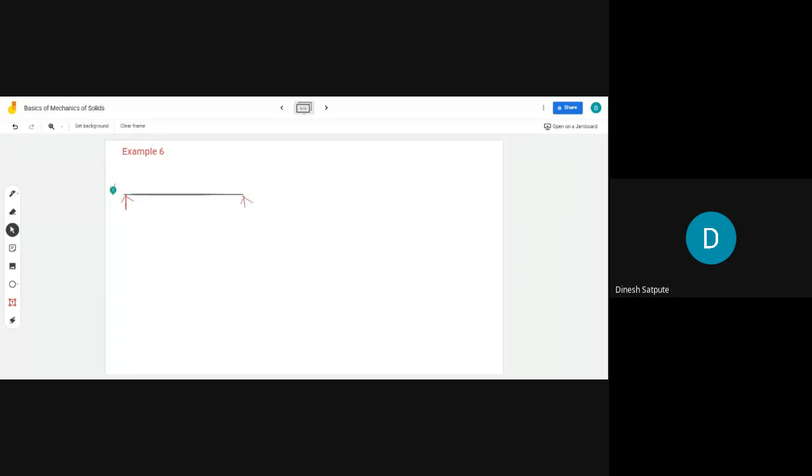Beam AB wherein UDL is acting over here, concentrated load is acting,